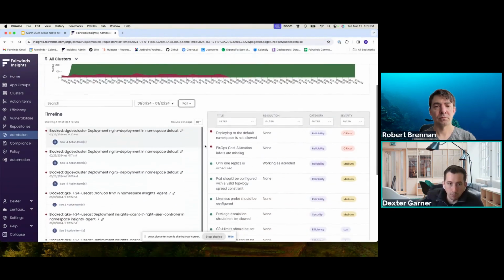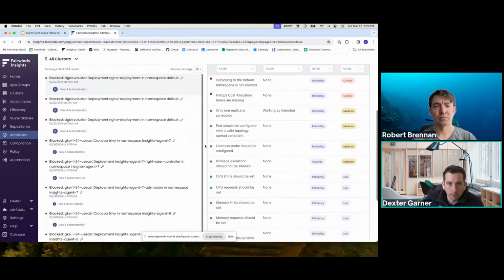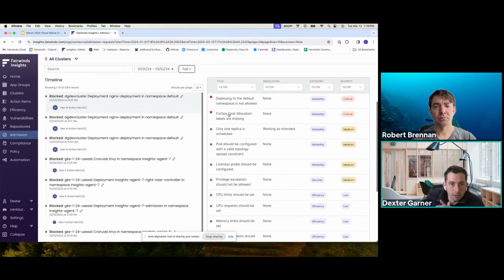So this would be an example of an attempted deployment. You can see there's 14 failed policies here. You can either block admission based off criticality, or you can simply warn. So if you said, hey, maybe CPU requests or limits aren't set on this, we want to be alerted on it, but we don't want to hinder deployment or slow down some of your speed to market, you can simply